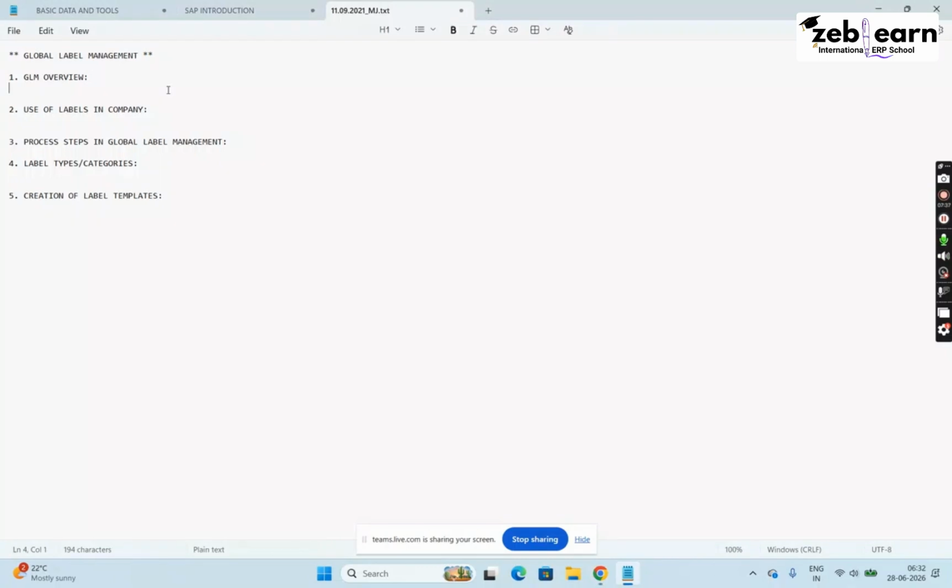So a label is something on which you are going to print the data or information about that product or about its usage, how to use that material, all that. So this SAP GLM, or Global Label Management, is a SAP component that provides support